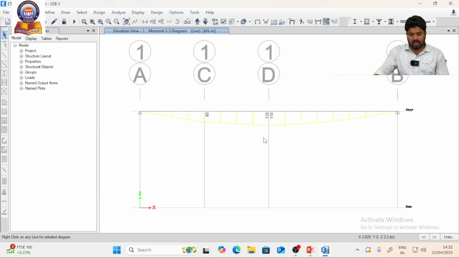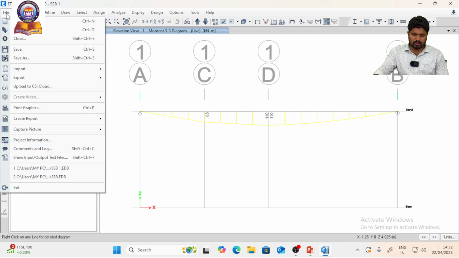Or else we are having one more method, that is you can join the beam from point A to point B directly. That is also no issue. So I'll show you that option also. For that I'm going to